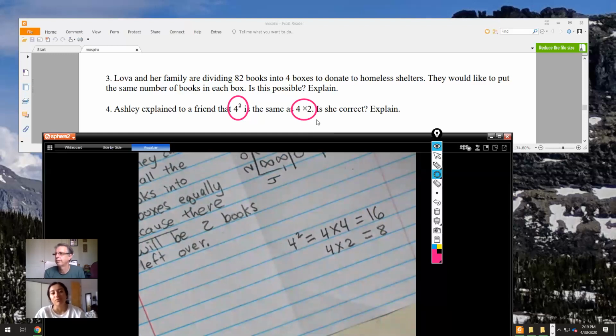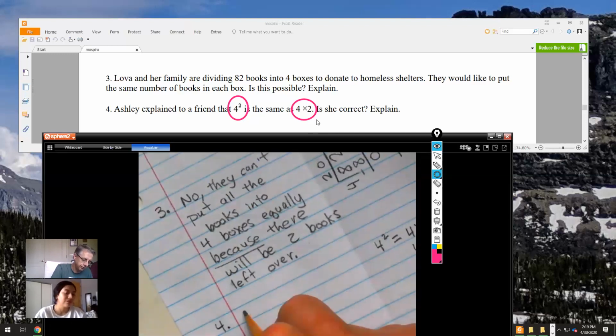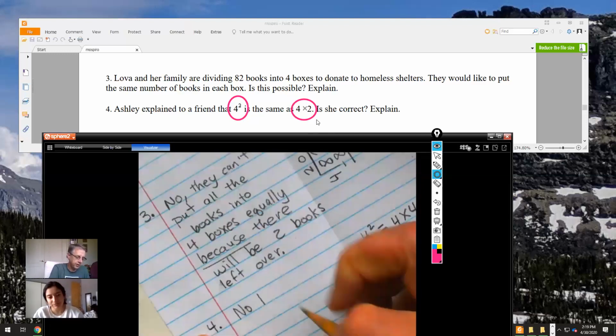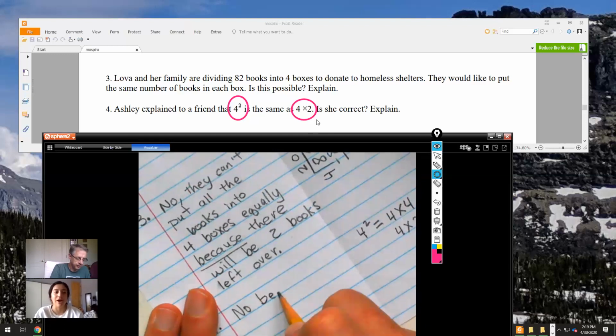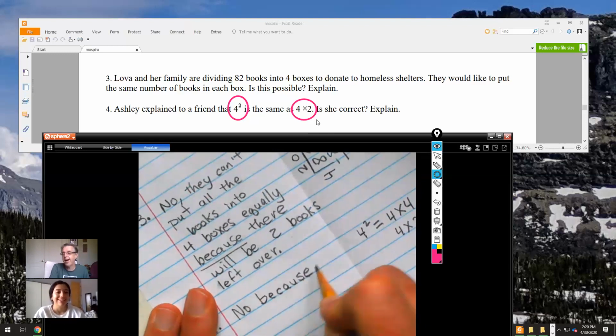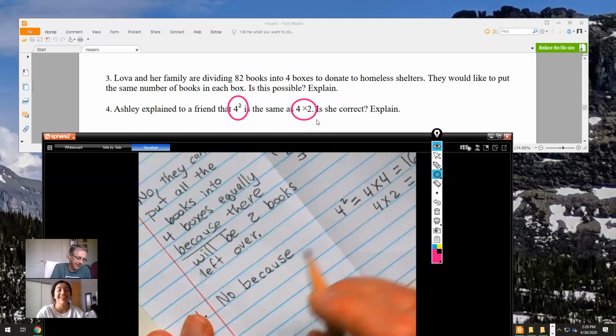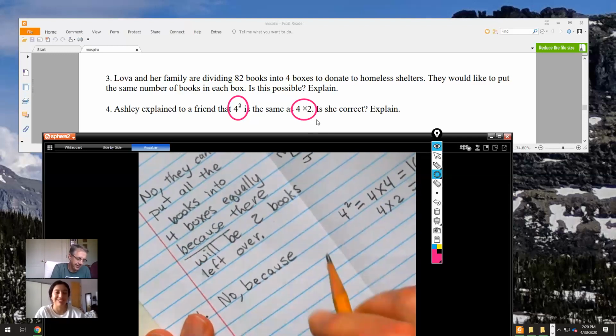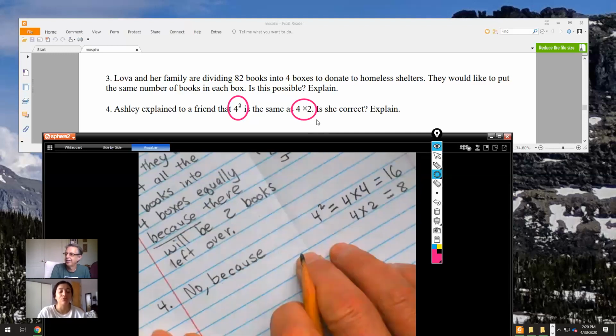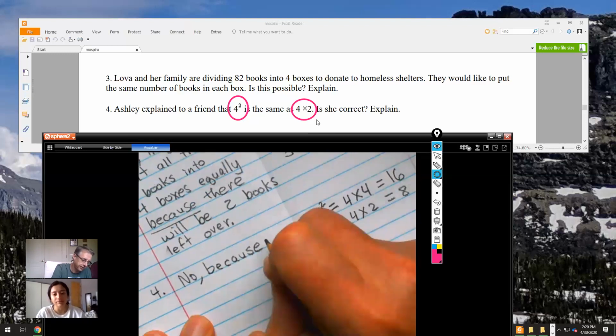So when it says, is she correct? You can say, no, she isn't correct. Or you can say, no, Ashley isn't correct. Yes, because you guys do want a because statement, because it says explain. So you can say no because 4 to the second power